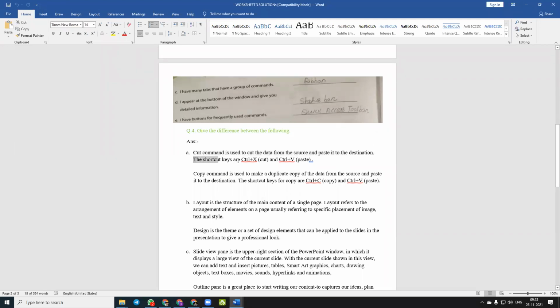The shortcut keys are Ctrl plus X cut and Ctrl plus V paste. Whereas copy command is used to make a duplicate copy of the data from the source and paste it to the destination. The shortcut keys for copy are Control plus C copy and Control plus V paste.